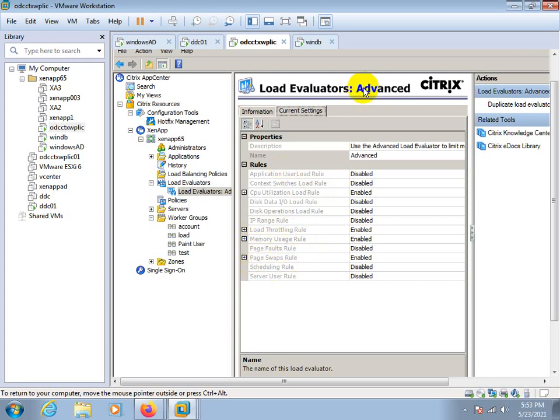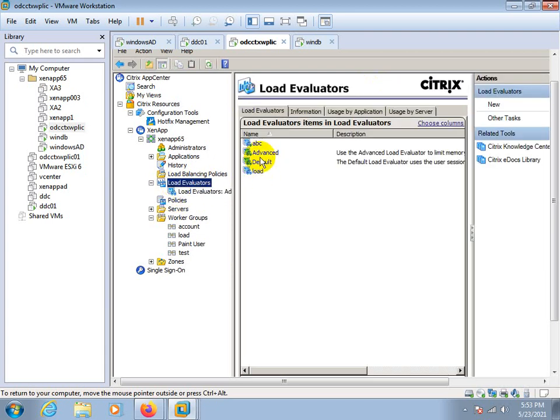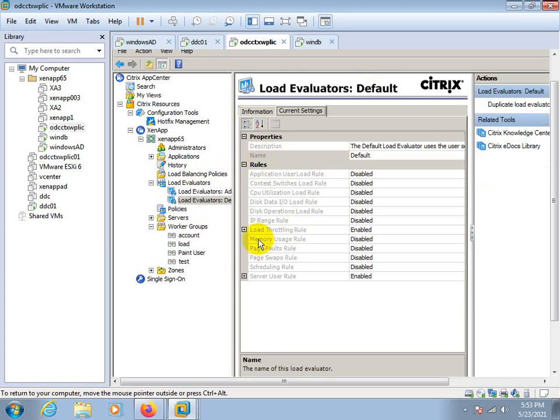These 4 rules are enabled in the advanced load evaluator. Now I am going to open default. In default, we have only 2 rules, server user load rule and load throttling. And you can see load throttling is enabled in both load evaluators, advanced and default.